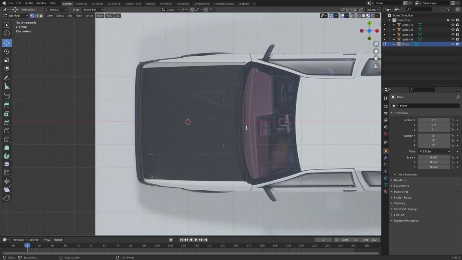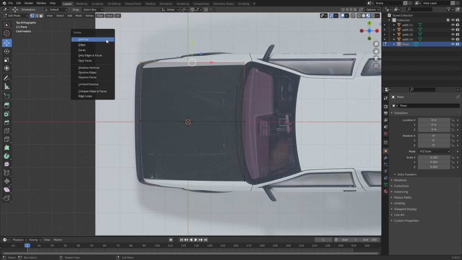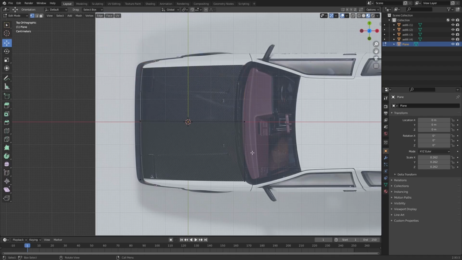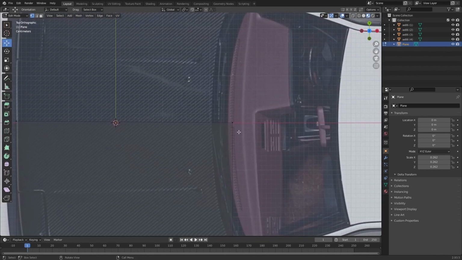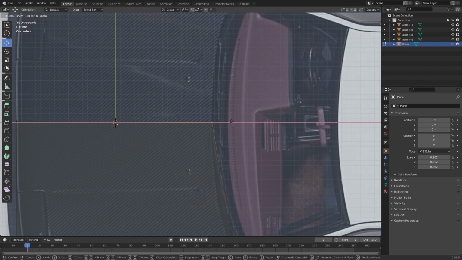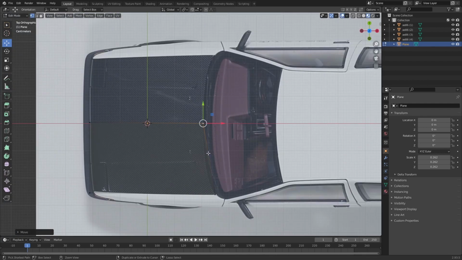Now I got that matched up pretty well, so I'm just gonna put a loop cut right here and just loop cut that, and then delete these other vertices by clicking, dragging, and then pressing delete. And then I'm gonna select this vertex, drag that down here, and then I'm gonna put another loop cut right there,